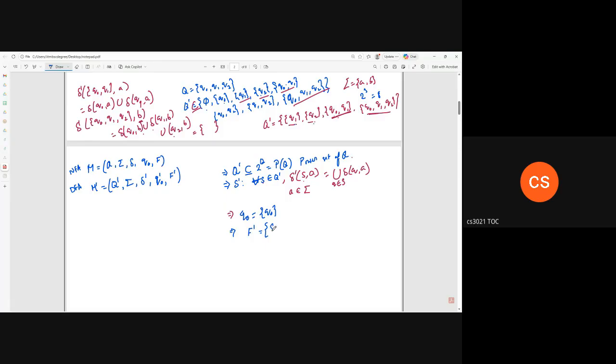For each state S belonging to Q dash, it will be included in F dash if S intersecting with F is not equal to null. That means there is a common element between the final set and S. In a simple way, at least one final state